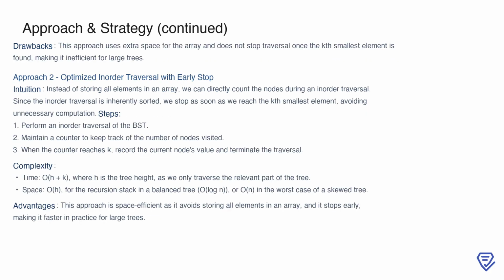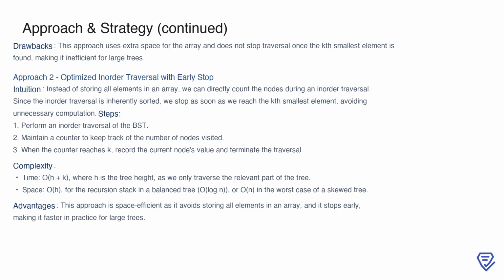The brute force approach, though easy to understand, is not optimal because it uses extra space for the array and does not allow early termination once the kth smallest element is identified. This leads us to a more optimized solution, performing an inorder traversal with an early stopping mechanism. The key idea here is to avoid storing all elements and instead count nodes directly during the traversal. Since the inorder traversal inherently visits nodes in sorted order, we can stop as soon as we've visited the kth